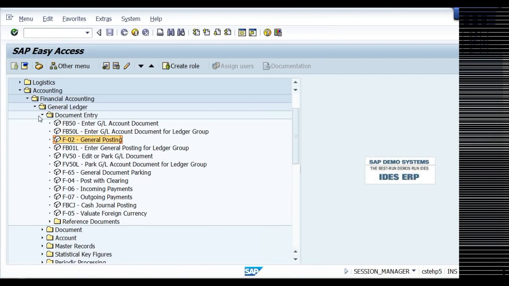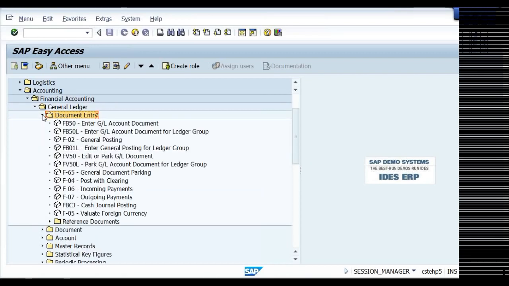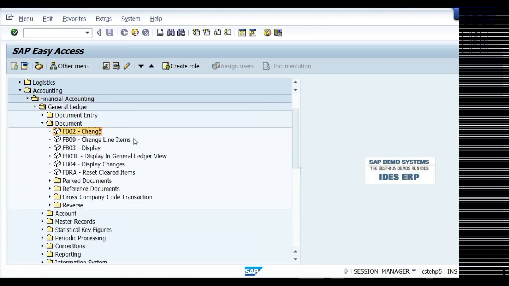Now, what are the entries that we have posted? I want to see the document. The document entry, here we have posted the documents. I want to display the document. Document change is FB02, document display is FB03. Nothing new, both are almost the same. Here you can change the document, here you cannot. I'm going to FB02.